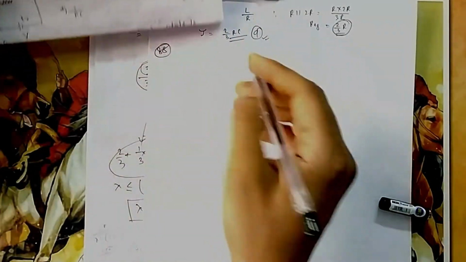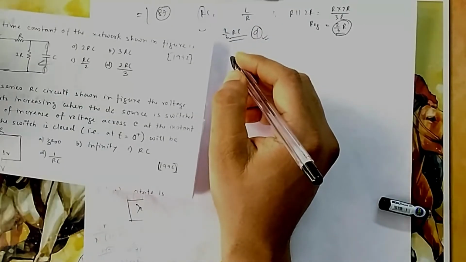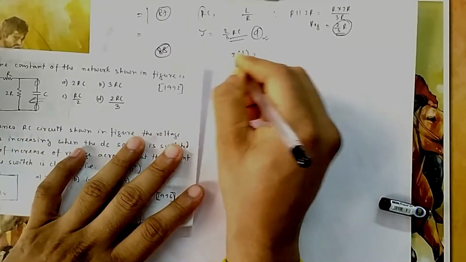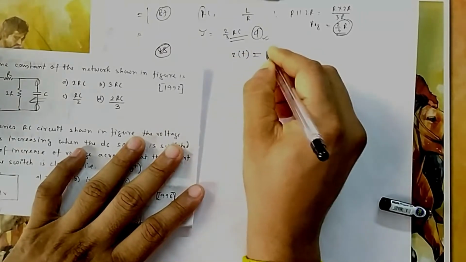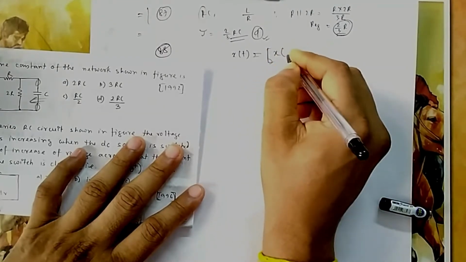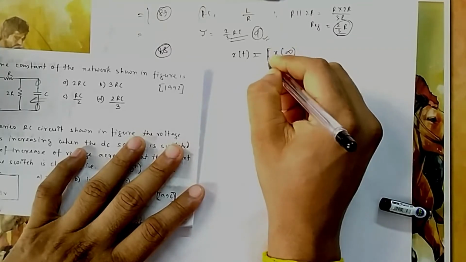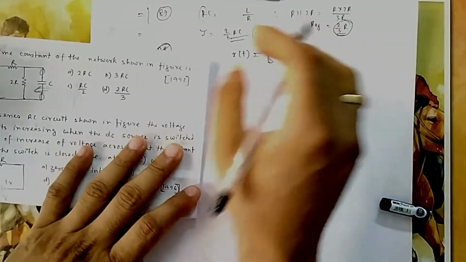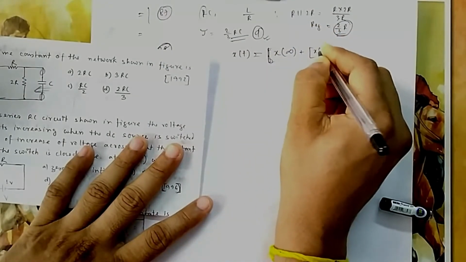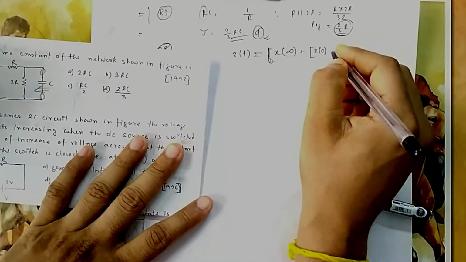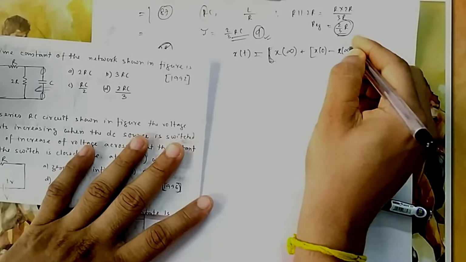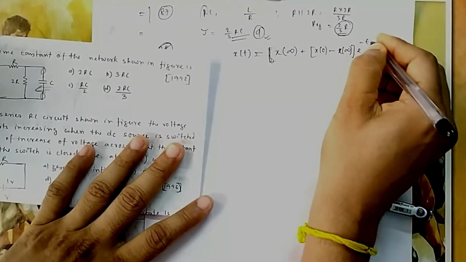For this first order circuit, you always remember this: whatever they ask you to calculate, either voltage or current, the final expression of that, suppose this variable is X, I am not writing V and I, whatever it is. So you remember this formula. This is a very important one, it will be helpful. So X infinity, that is the final value of X. You think if the switch is on for infinite time, what will be the value of that variable, plus the variable at that instant that is switch on, initial value, minus X infinity, into e to the power minus t by tau.